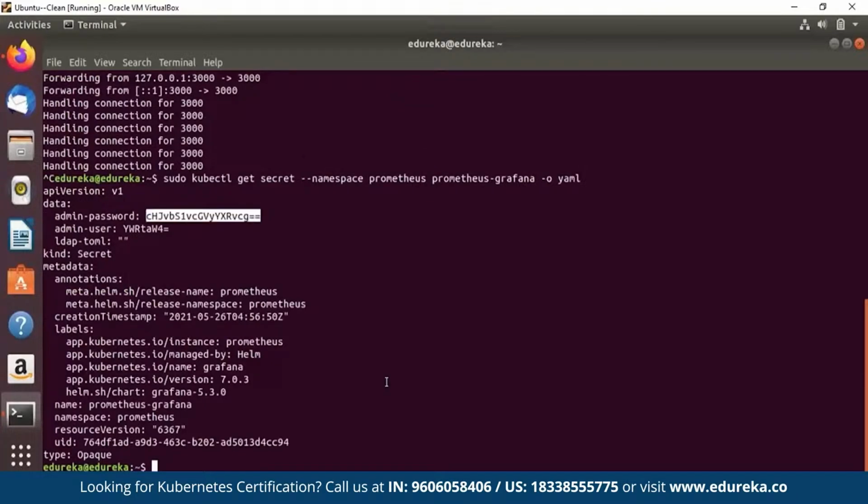So you will get the admin password and also the admin user here. As you can see, the secret data is encoded with base 64 and you can only decode it by using a certain command. But before that, if you notice, the admin password and the admin user are shown encoded. So what we're going to do now is get the username using the command